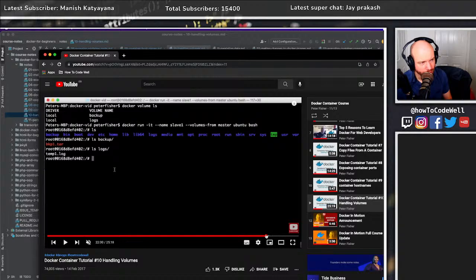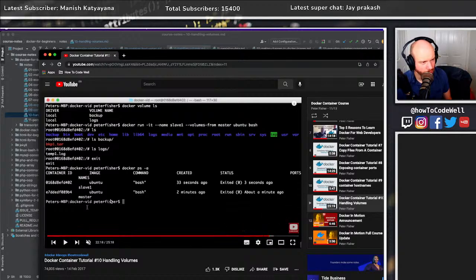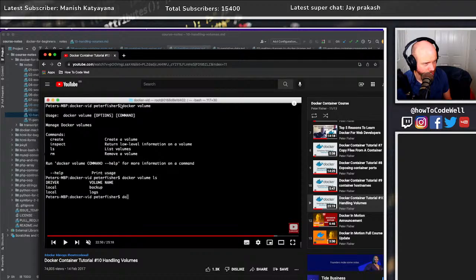Got it. So if I do an ls now, we have our backup and our logs. So that's a quick way of saying I want all the volumes that are attached to that container, and I want to attach them as well to this container called slave. So creating a new container called slave1 with all of the attached volumes of master. I want them all on slave1 as well. Okay, cool. So you can see that we've got two containers, master and slave, and they all have the volumes connected. So if we did docker volume,